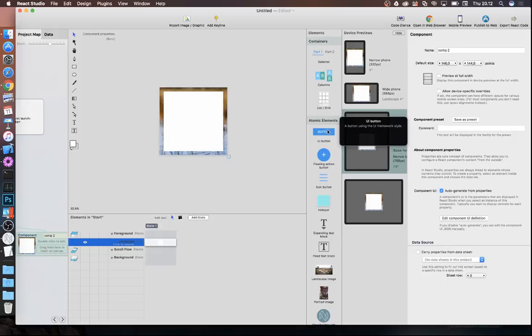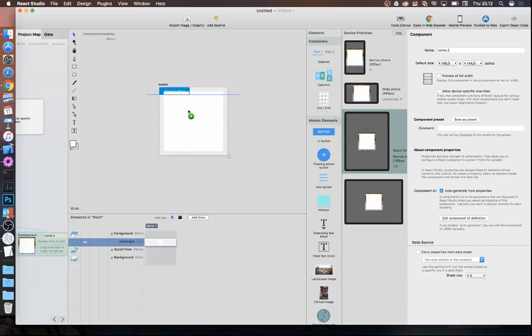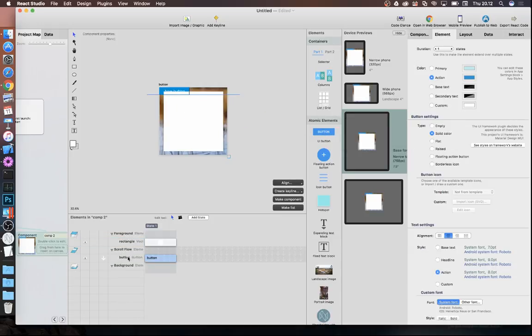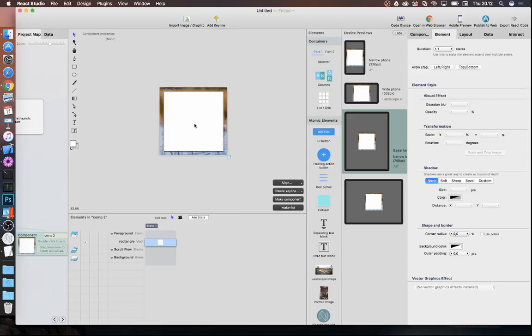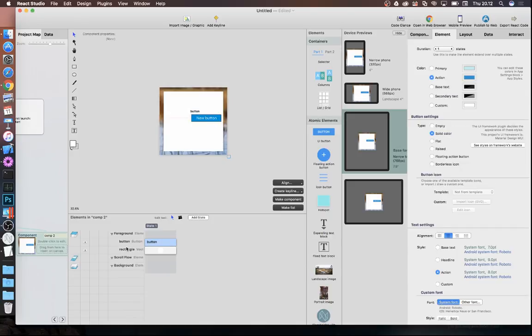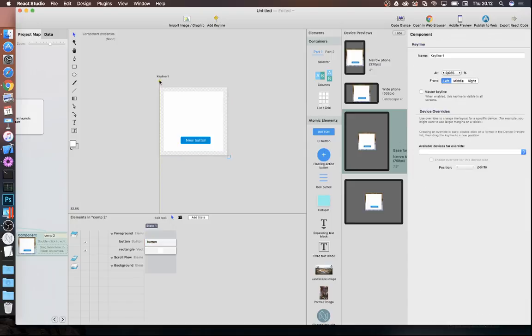So what happens by default if I take an element here, for example a button, and I drop it there, it goes into the scroll flow group. Well, that's usually what we want, since it's pretty normal that we would like the layout to stretch like it typically does on a web page, but in this case we really want it to go over the white box in the foreground group. So we can always hold down the Alt key, Option key, and that will place it in the foreground group instead. Let's also add a keyline over here,